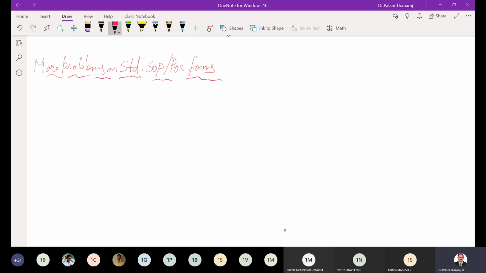So this is derive the Boolean expression in both SOP and POS forms, standard forms, canonical forms. This is for the truth table. This is important. I'm going to give you some table, and your work is to find out the relation for this variable, for this table. Let it be X.